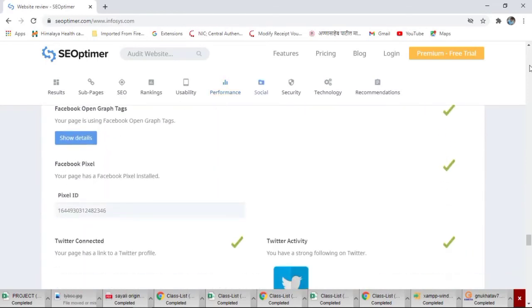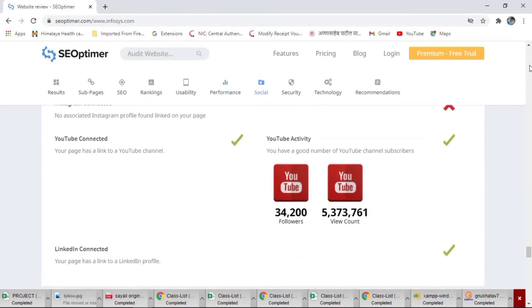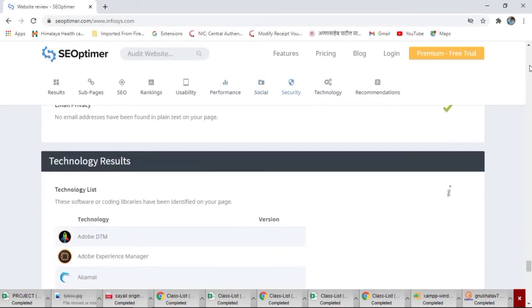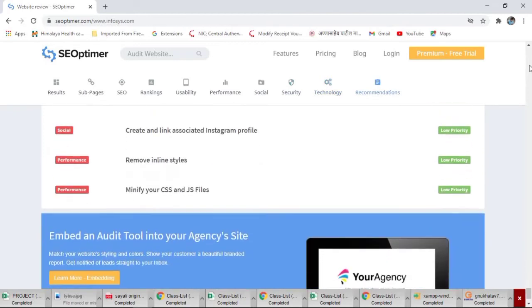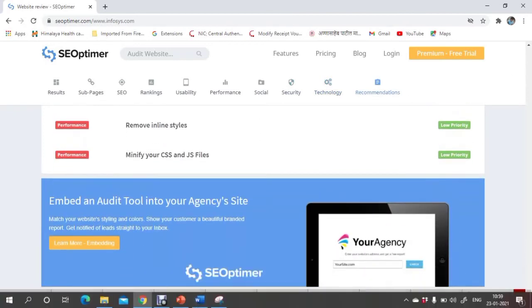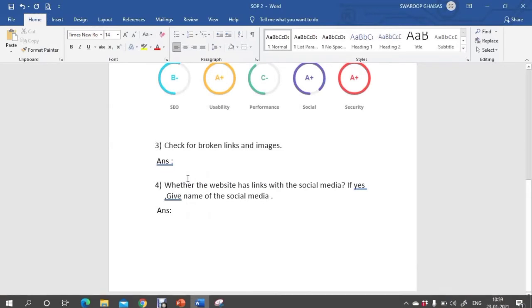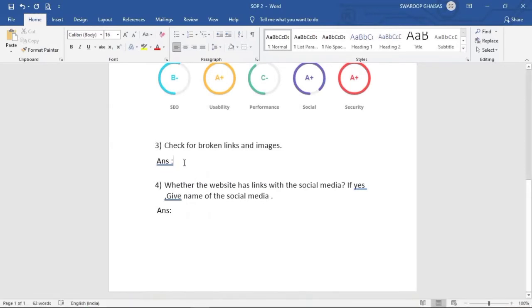By checking the whole report, we have come to know that broken links and images are not present. So type here not present.